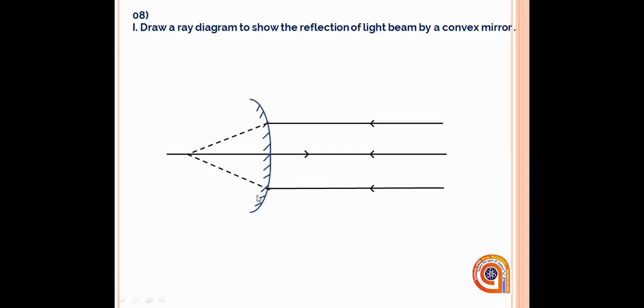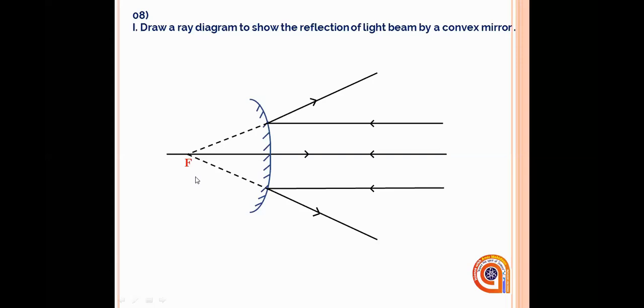That's correct, right? And the other two seem to be starting from a point behind the mirror. So this is behind the mirror, right? Behind the shaded part, right? So behind the mirror, from a point, it seems to be starting from, and then it moves diverging. Can you see that? The rays, both the rays I have taken in dotted lines, virtual, will be continuously moving in real view. So these are the diverging rays that we are taking. You see, these diverging rays will not be meeting. So there won't be a real image formed. And where the virtual image forms, according to this diagram, it will be on the focal point or the focus, and that is what I have taken as capital F here. So this is the ray diagram we used to show the reflection of light beam by a convex mirror.